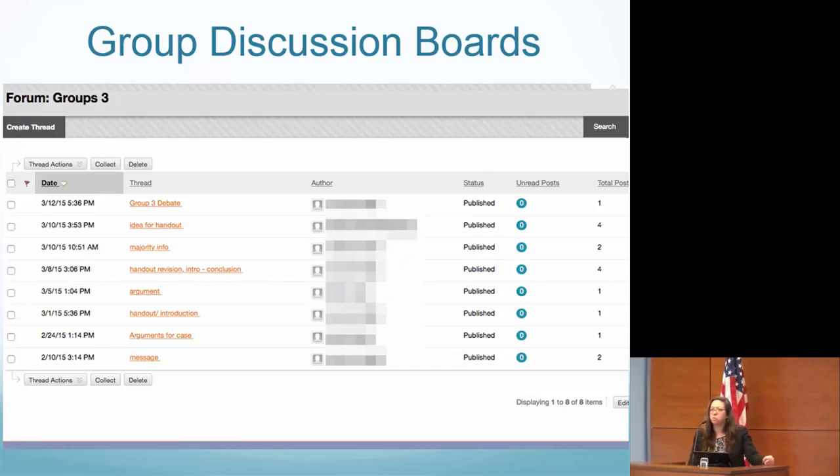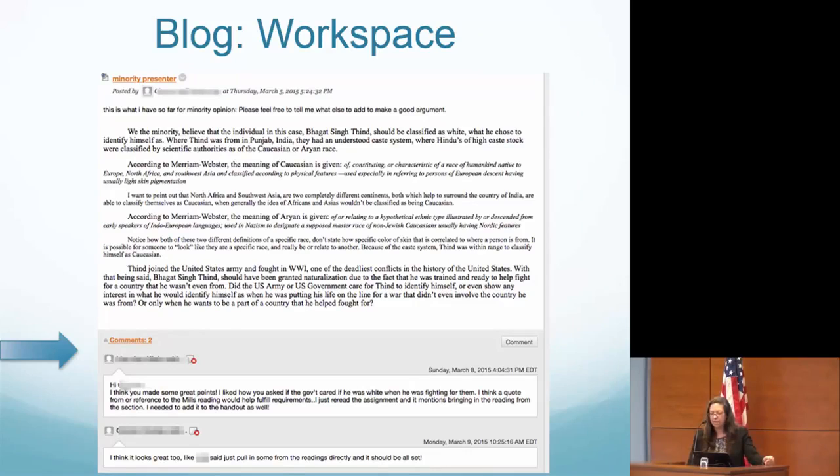That's private just for the group themselves to really, as you can see here, work on the handout or their arguments. I stayed off of these boards. Really, I glanced here and there, but if they had a direct question to me, they would send it to me separately. But this, to me, the blog, or what I would call a workspace, was the most important tool for me in this assignment, because I asked them to start posting their arguments before they presented in class. And so, as you can see here, this student